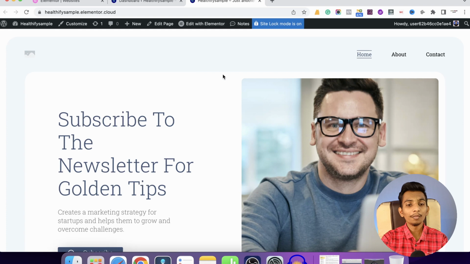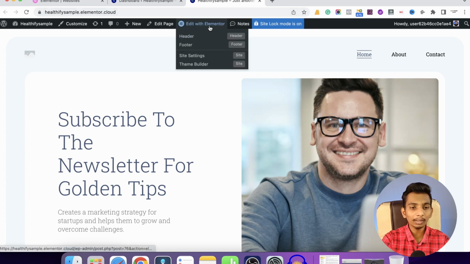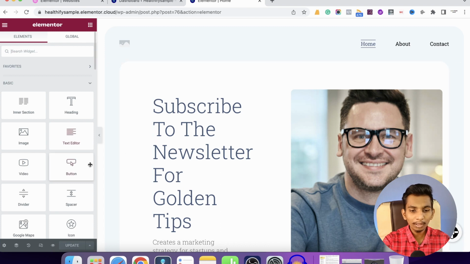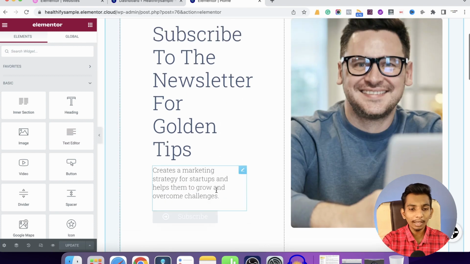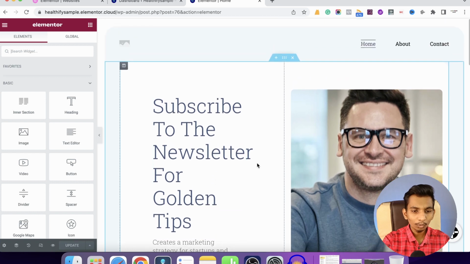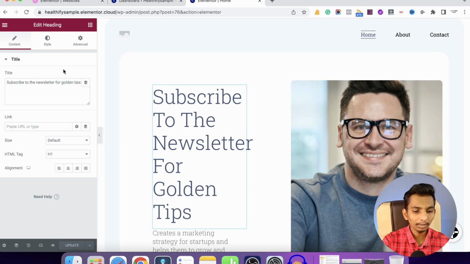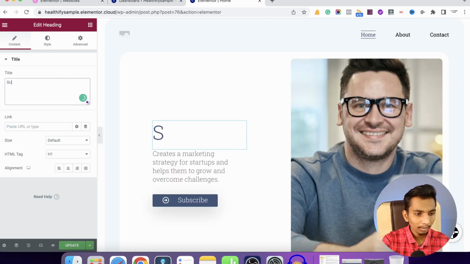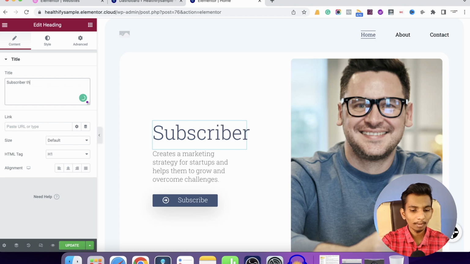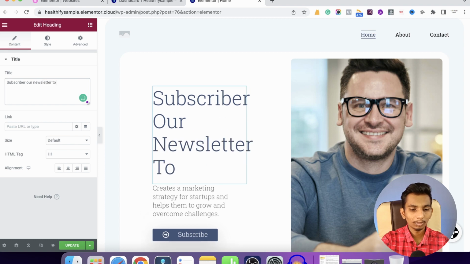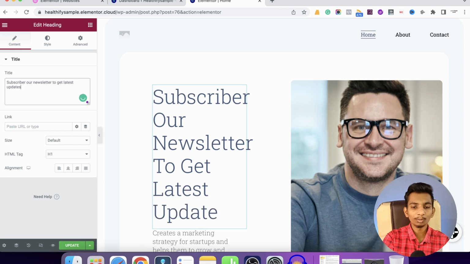So to edit this home page, we need to click here, edit with Elementor button, and just click here. As you can see, its drag and drop builder is now open, and we can make any changes we want here. So if I want to change here, simply I need to click here and change this text. Yes, now it looks more cool.